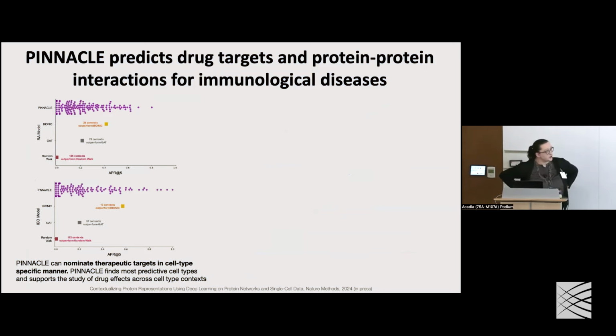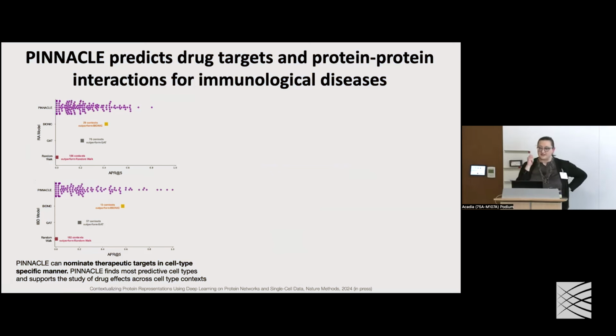We can see on the left two plots, where the top plot shows performance of Pinnacle and state-of-the-art existing models for RA, and the bottom plot shows the same model being applied to IBD. So what we can see here is the following. First, you can see that Pinnacle does not have just a single point, but multiple points. Actually, close to 156 points, because every purple point is here a different cell type context,